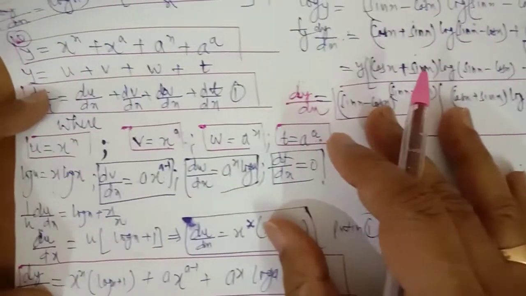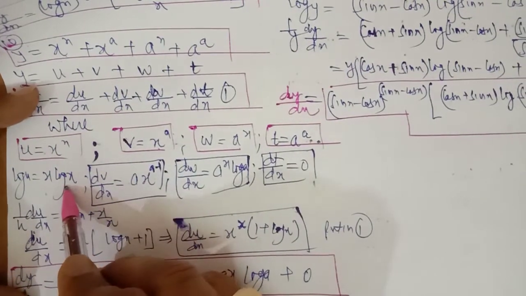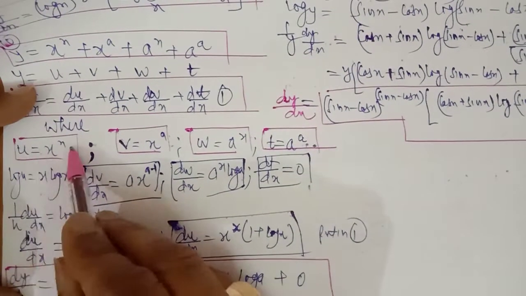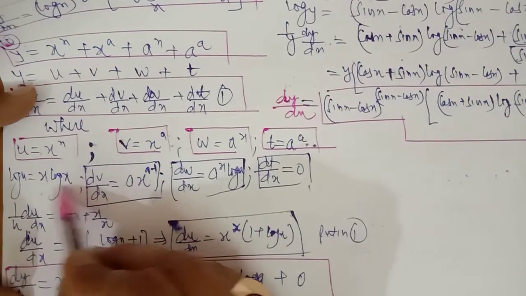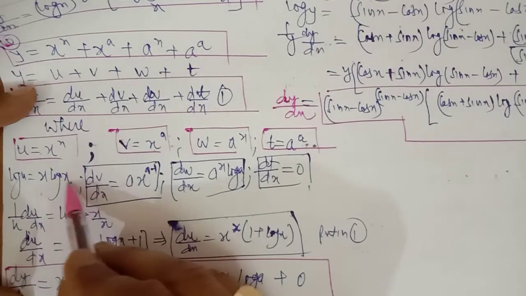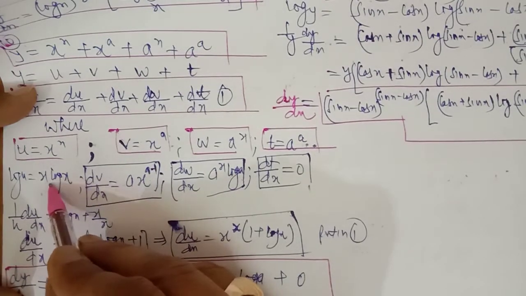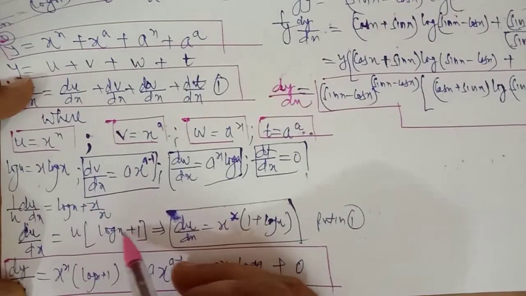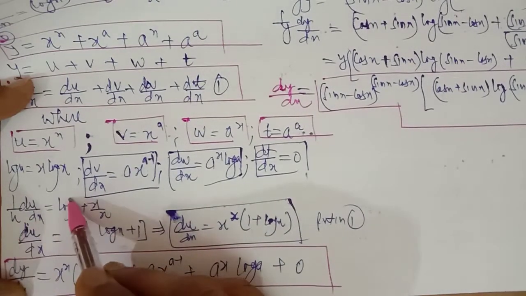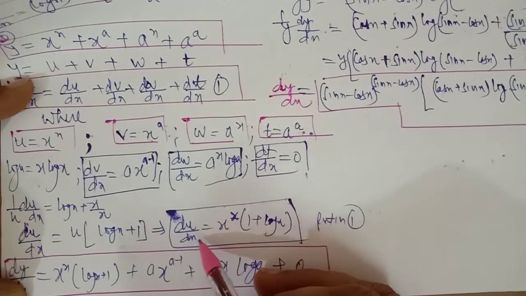Now see this first term, which is x raised to power x, which cannot be differentiated without taking the log. So you have to take log on both sides, which will be equal to log u is equal to x log x, and you know the derivative of this. You can differentiate this by using the product rule. That is, first of all, derivative of x, which is equal to 1, plus x multiplied by the derivative of log x, which will be equal to 1 upon x. This comes out to be log x plus 1, and you have to take this u to the right hand side, and you know the value of u, which is equal to x raised to power x. So this is du upon dx.